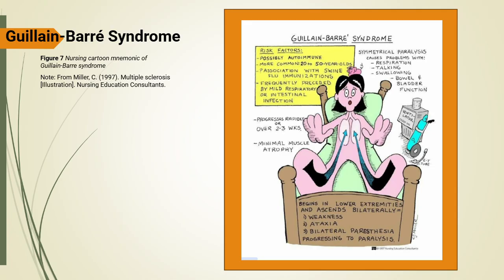The ventilator image symbolizes the possibility of needing respiratory support. About 17% to 30% of Guillain-Barré syndrome patients develop respiratory failure requiring intubation and mechanical ventilation. This is most likely to occur during the first 2 weeks when symptoms are rapidly progressing. This image is meant to reinforce that Guillain-Barré syndrome is a medical emergency that requires prompt recognition, ongoing respiratory assessment, and close monitoring of neurological status.